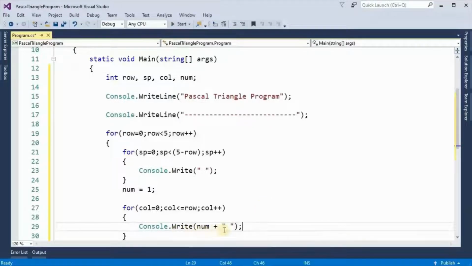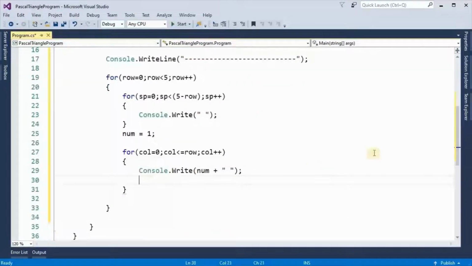Console.Write num plus then double quotes and 1 space, and this is the formula for printing Pascal triangle. Num is equal to num into